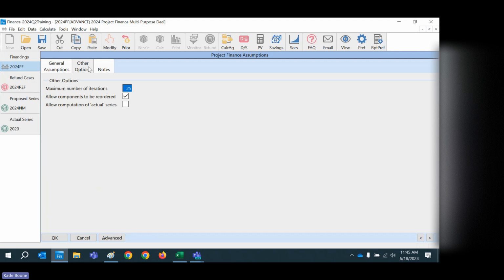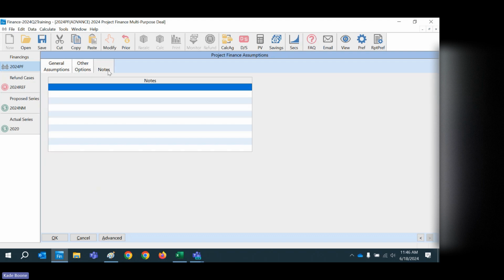I just want to print it out. Why can't I pull it in? Well, by default, it's not activated. You have to go to other options and you have to say, allow computation of actual series. Finally, note, if I just said,